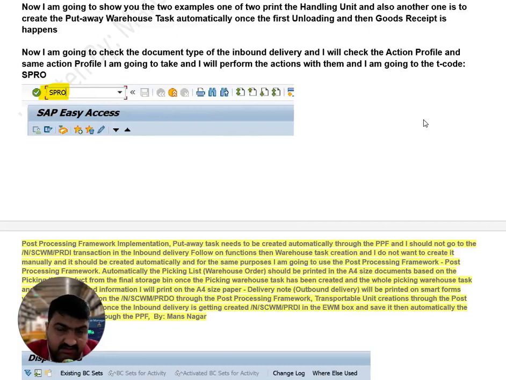Okay guys, so this is another session. Here I am going to show you two examples. One is to print the handling units, and another one is to create the putaway warehouse task automatically. Once the first unloading happens, whenever the vendor sends us the goods, when we perform the unloading at the goods receipt zone, then goods receipt happens